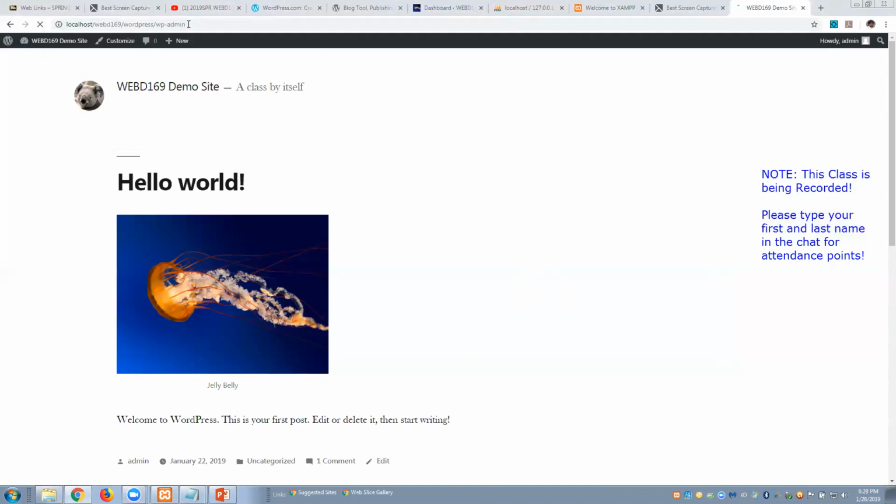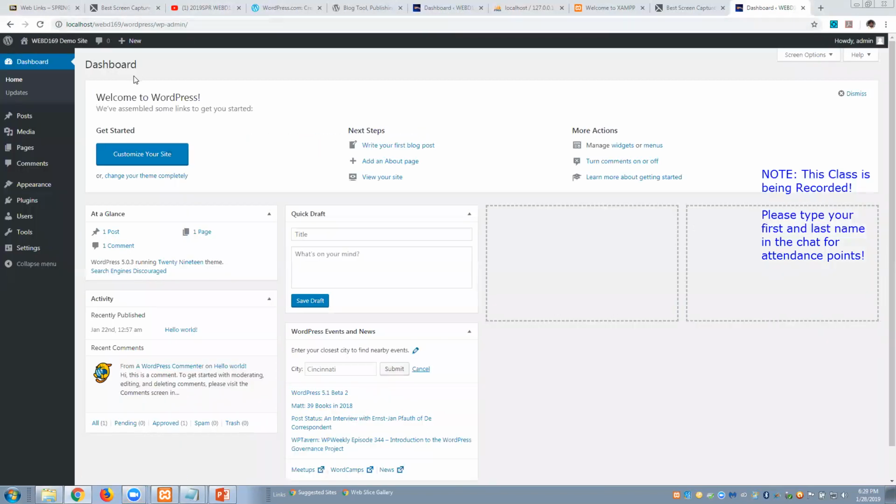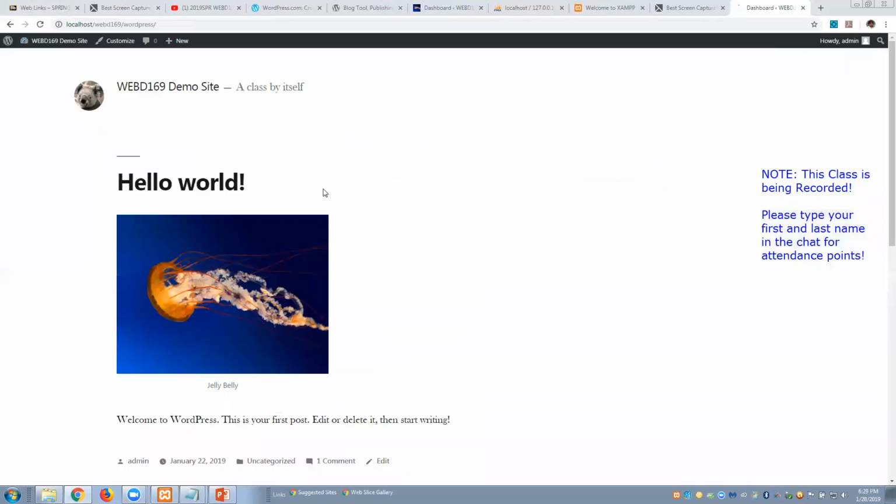And I already loaded this from the database, where I have admin as my username and password. And now I can control some of the control panels for my WordPress site back here and go to the front end and see what the front end looks like. And we're going to go through and install a new theme and a new plugin. We'll show you some different techniques on getting that administered. That's mainly the first half of the class, where we're going to be loading on WordPress and a plugin and a theme. Let me demonstrate those really quick too.